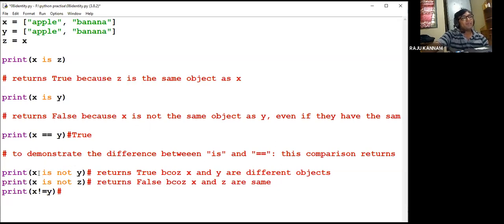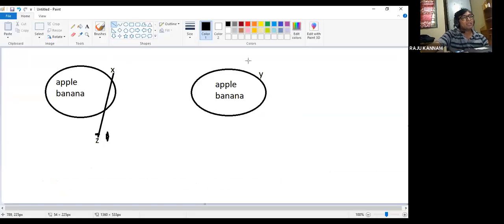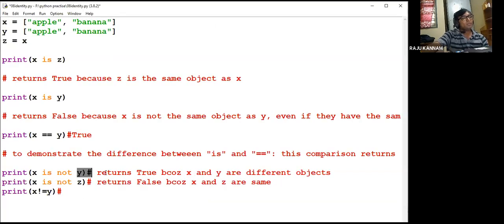That means we are saying that the x object is not the y object. x is different, y is different. So the answer should be true. It returns true, right?